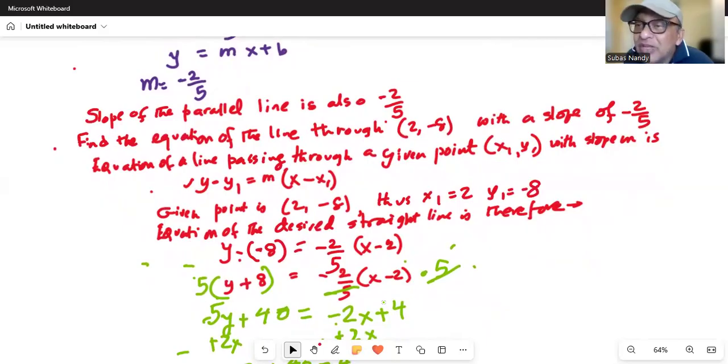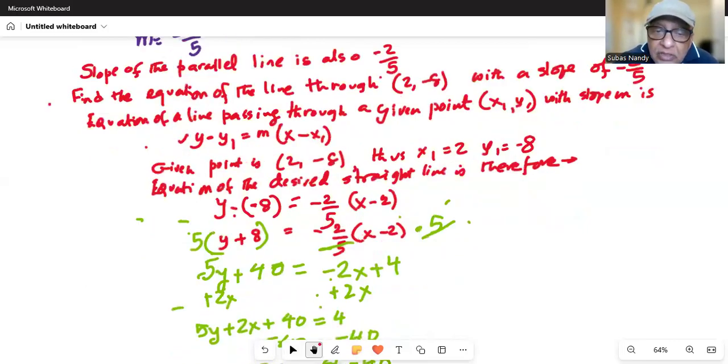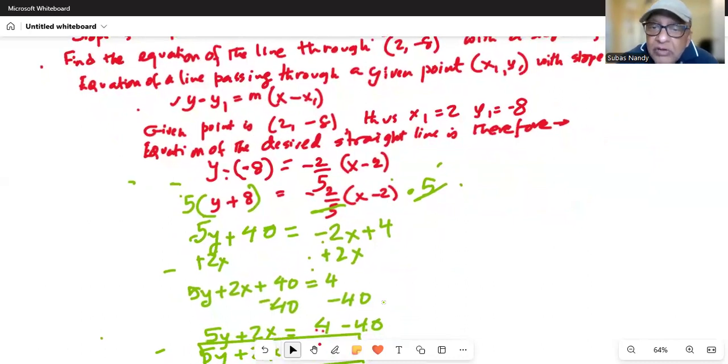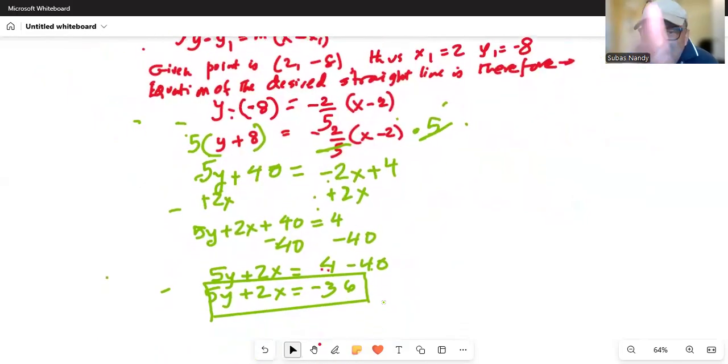Now you need to remove that 5 from the denominator on the right hand side to make the thing look good. How do you do that? Divided by 5, the opposite is multiplication. And what you do on one side of the equation, you do on the other side. So 5y plus 40 equal to minus 2x, and again distributing the minus to minus is plus. So add 2x on both sides because you want to keep x and y on one side and the constant term on the other side of the equation. So we get